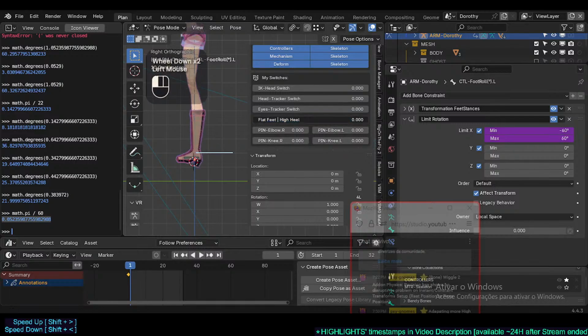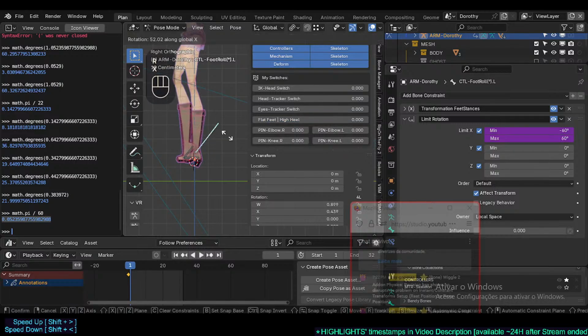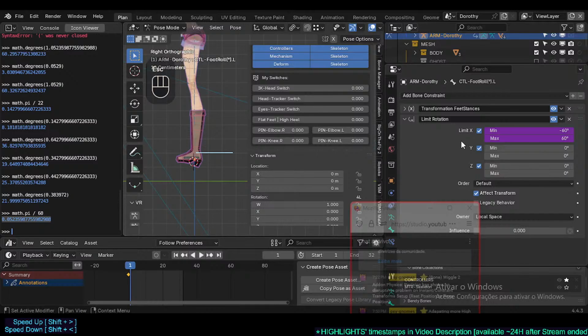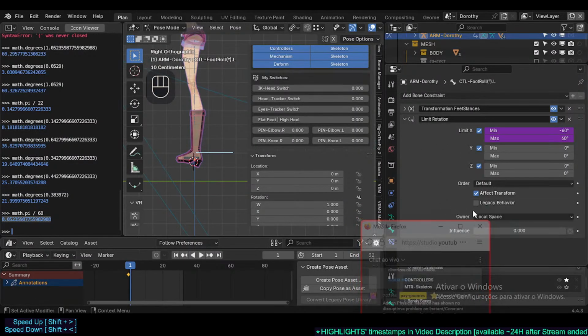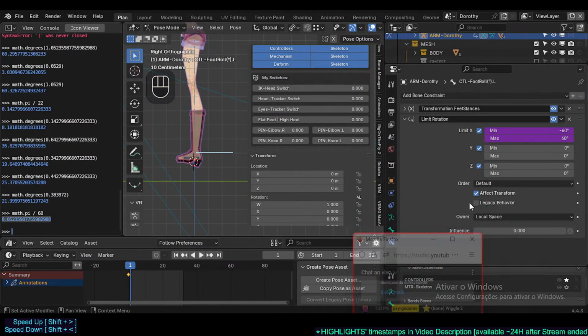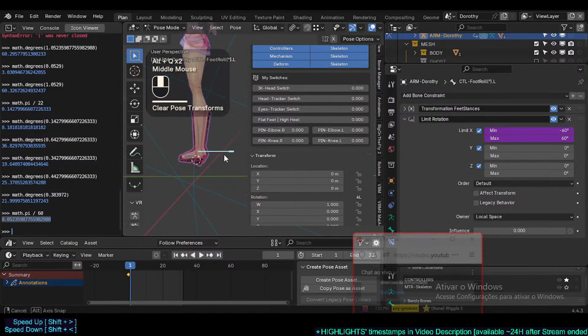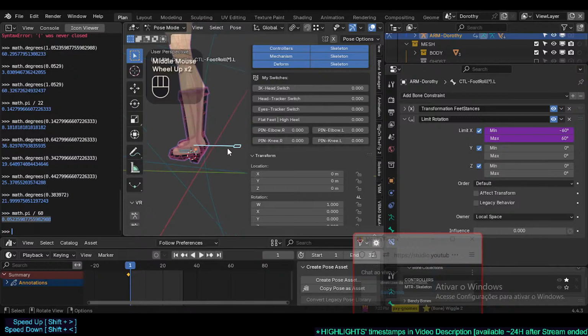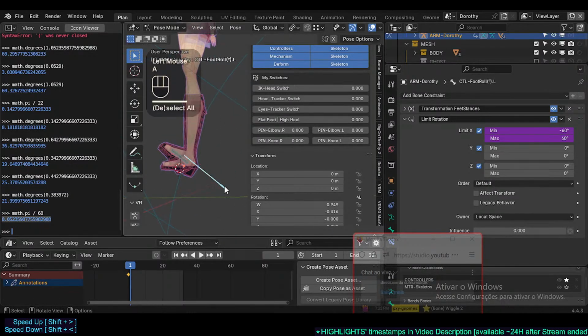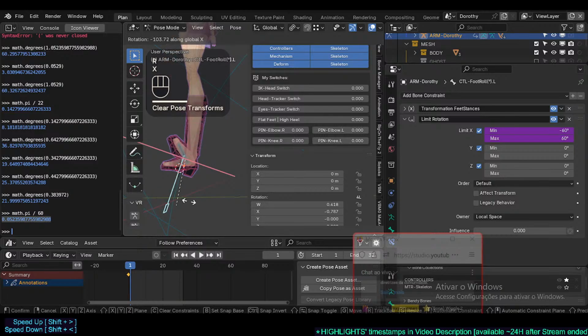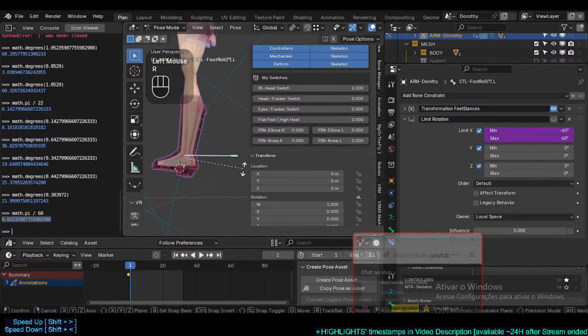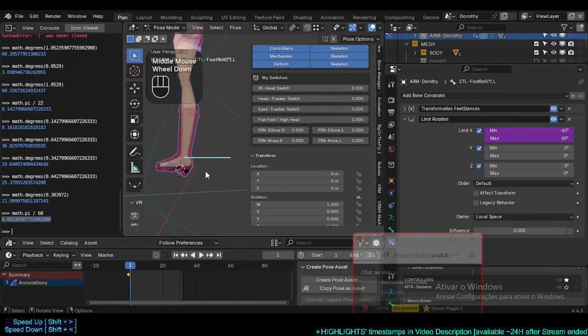I don't know, it seems that I can, it's not doing the limits that I wanted. I think I broke something when I did this crazy thing. This usually should lock,